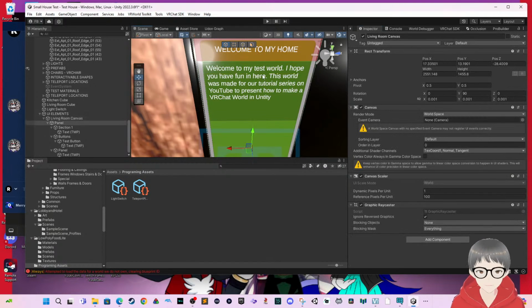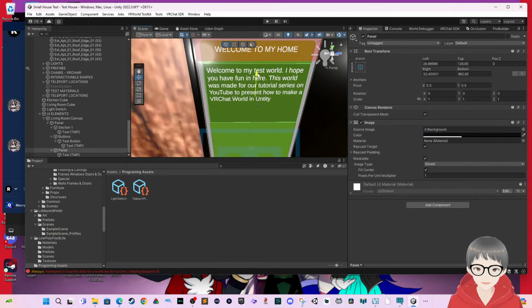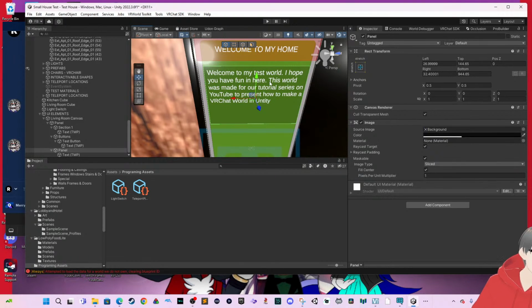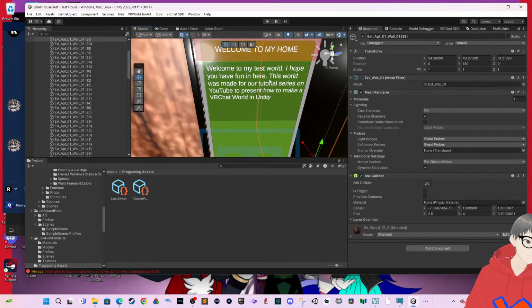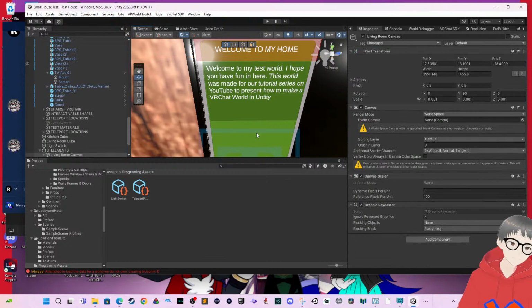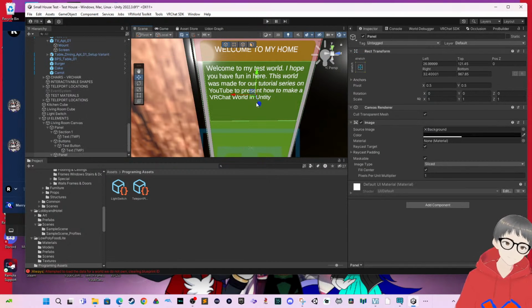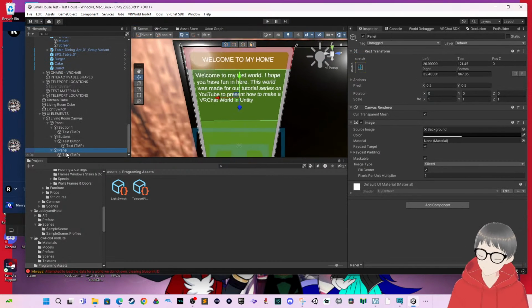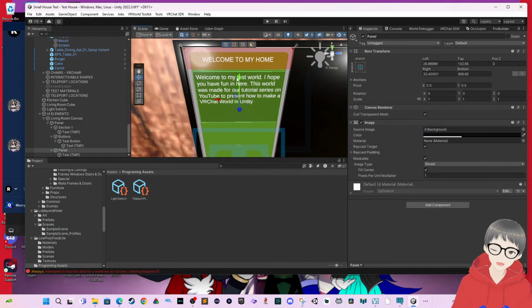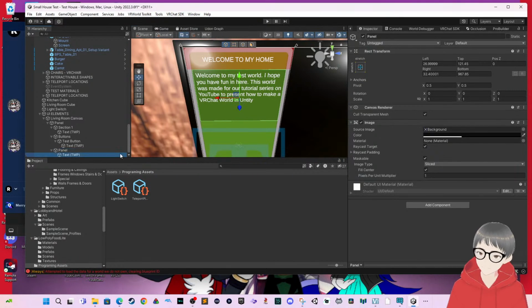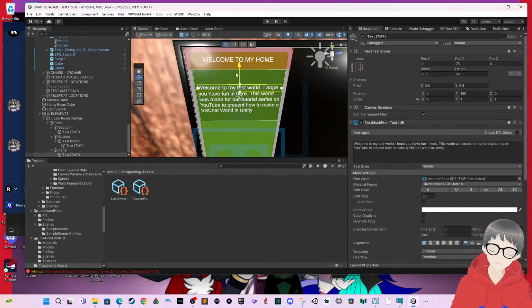We can put this down. We can put this down, actually not the panel itself, the text. I think the text is right here. Yes, we can put it down. Oh, not the panel, the text. There we go. We can put this down